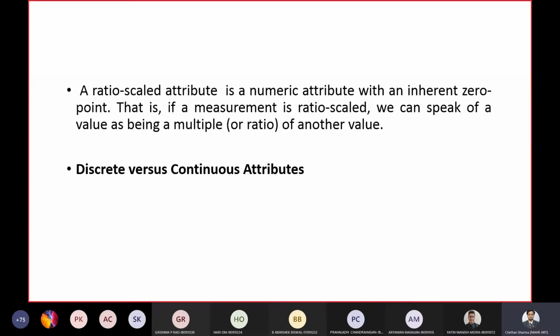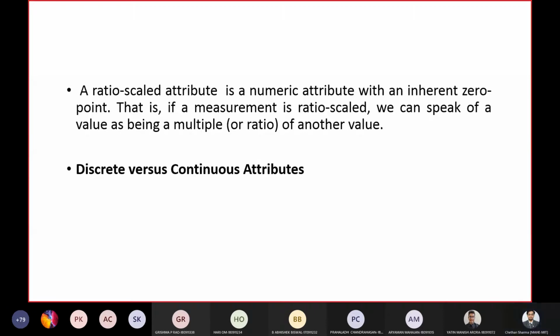So the next is the statistical description of data. You cannot use the data as it is in most of the cases. There is some pre-processing which is very much necessary. For this data pre-processing to be successful, you need to have an overall picture of the data which you will be using.